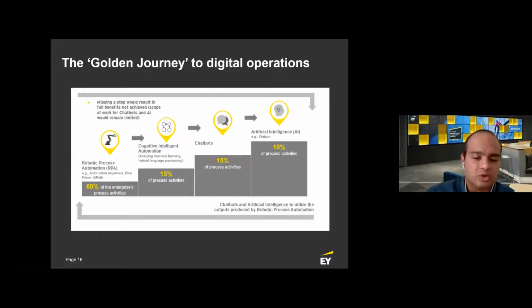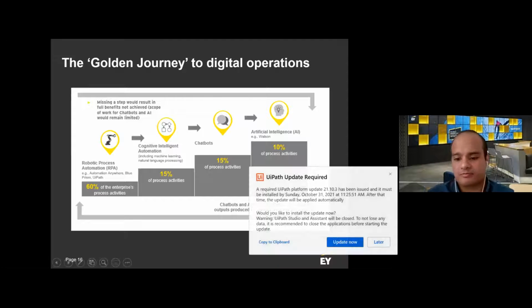A good example is if you need to approve some sort of invoice based on certain criteria. Obviously a bot won't be able to do it because it requires human judgment if it's not rule-based. But if you have trained a bot to understand these types of criteria, and if it meets a particular point, then it needs to be approved. That is where you can bring in cognitive intelligence, where the bot gets a bit smarter. I know it's a bit scary, but it doesn't mean it's going to be as smart as a human at this point. But when you go to the next level, which is chatbots,